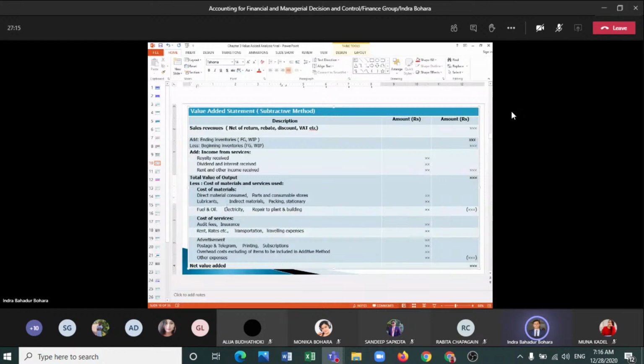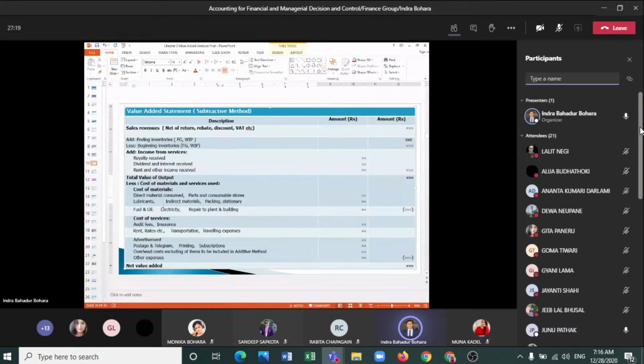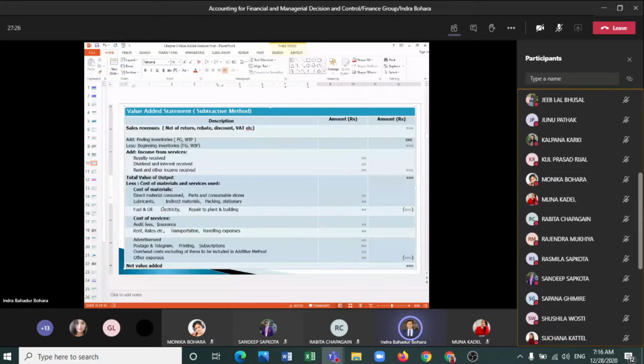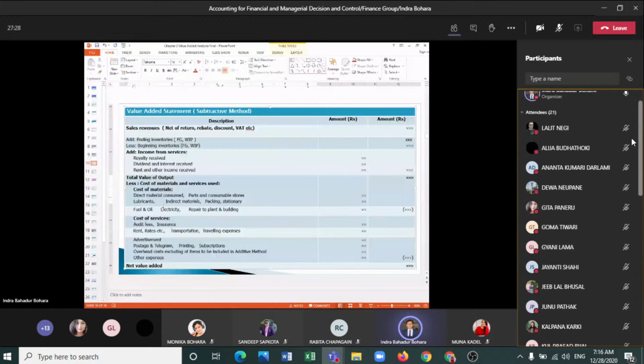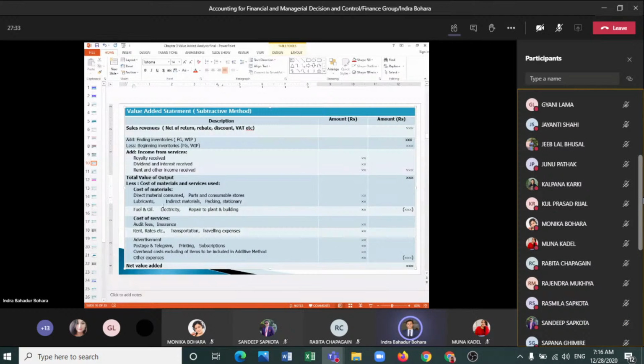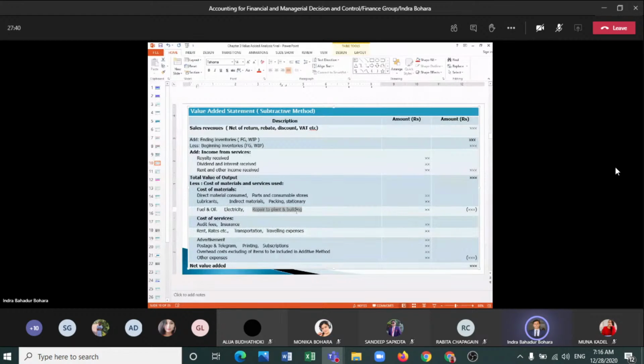So the cost of water, and any lubricants used in the manufacturing process inside the factory. And similarly, packing materials, stationary materials, fuel and oils, and electricity, they are also the cost of materials, supporting material, consumable material cost. And beside this, repair and maintenance is actually the cost of service. Right? The repair and maintenance is the cost of services, like audit fee, which are incurred in the office and